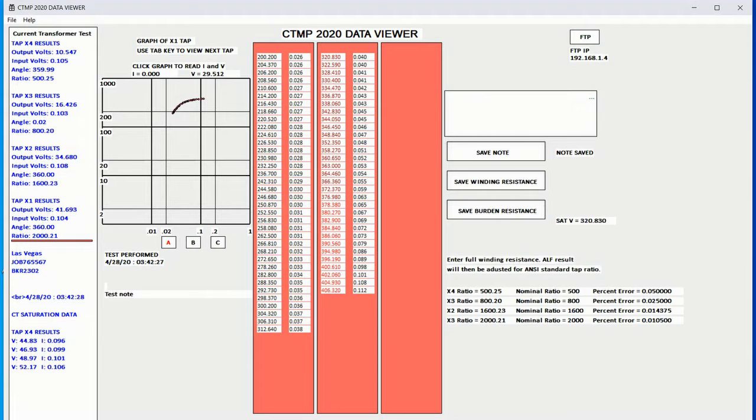Say the winding resistance is 1/2 ohm. I typed in 1/2 ohm, save winding resistance. Say the burden is also 1/2 ohm for the purpose to keep it simple. Save the burden resistance. And now I have the accuracy limit factor presented down here,